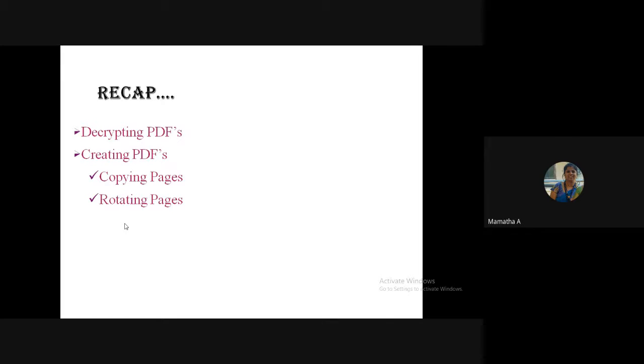File reader is for reading. For writing, for creating PDFs, which class do I need? PDF file writer. And I need a special method, students. Which method do I need for writing? Write method. Yes.